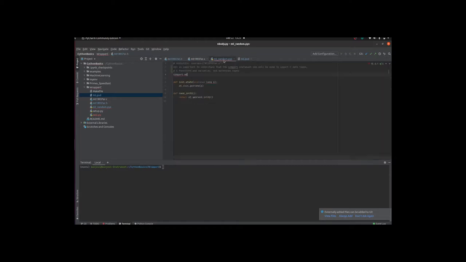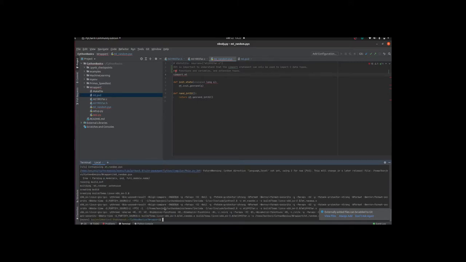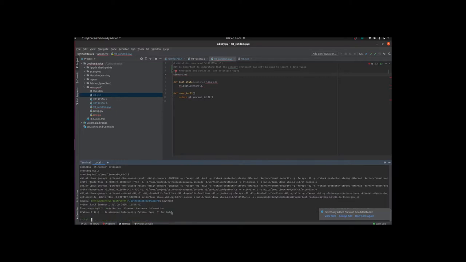You are going to define them here, and then afterwards in the pyx file you create a wrapper around it. So if I show you now, let's make this, and you will see this file, and then you will do IPython3.